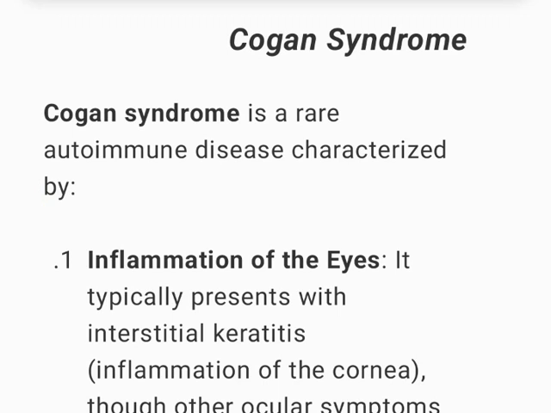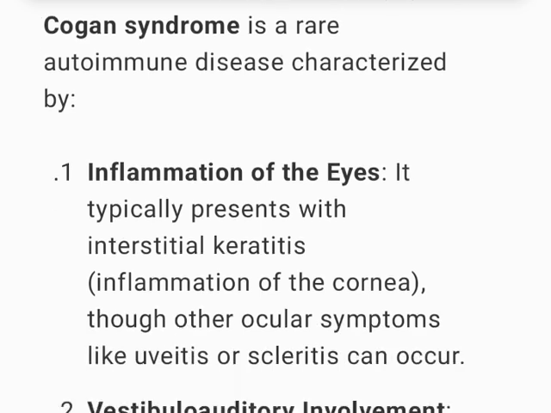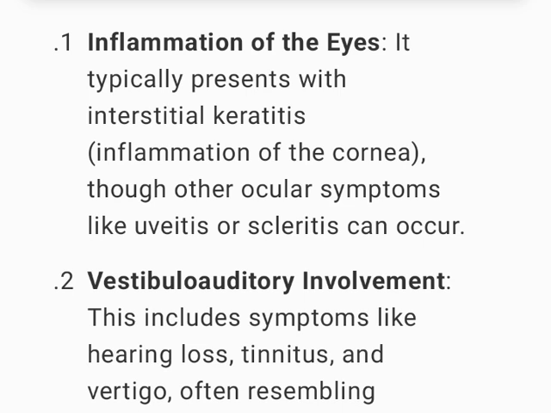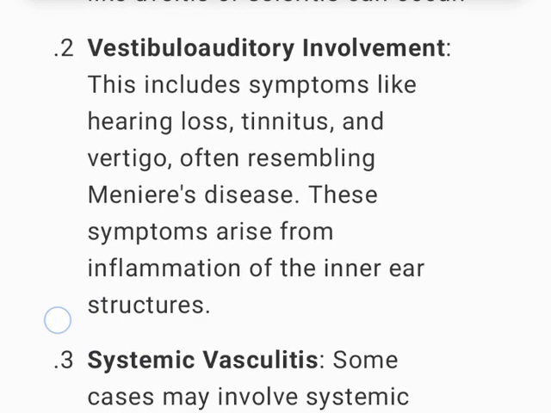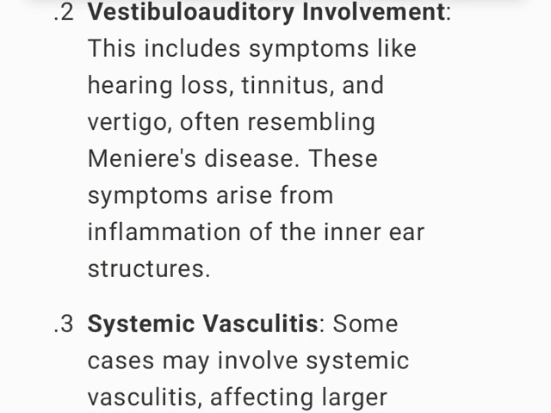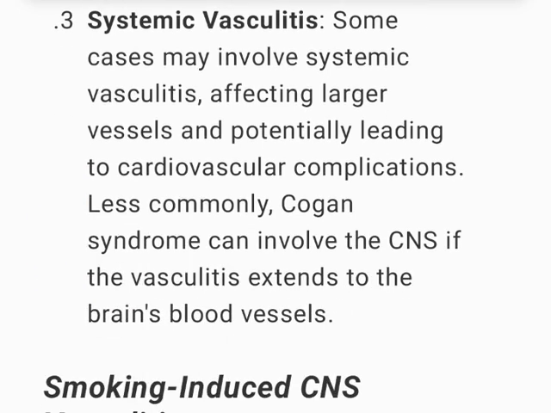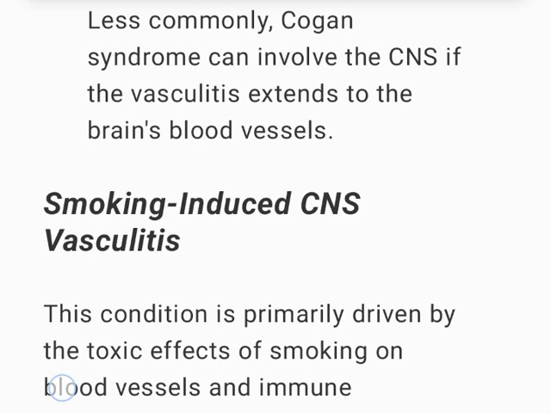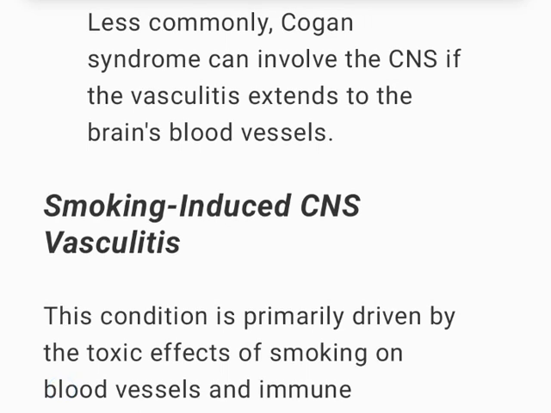Cogan syndrome. Cogan syndrome is a rare autoimmune disease characterized by, one, inflammation of the eyes. It typically presents with interstitial keratitis, inflammation of the cornea, though other ocular symptoms like uveitis or scleritis can occur. Two, vestibulo-auditory involvement. This includes symptoms like hearing loss, tinnitus, and vertigo, often resembling Meniere's disease. These symptoms arise from inflammation of the inner ear structures. Three, systemic vasculitis. Some cases may involve systemic vasculitis, affecting larger vessels and potentially leading to cardiovascular complications. Less commonly, Cogan syndrome can involve the CNS if the vasculitis extends to the